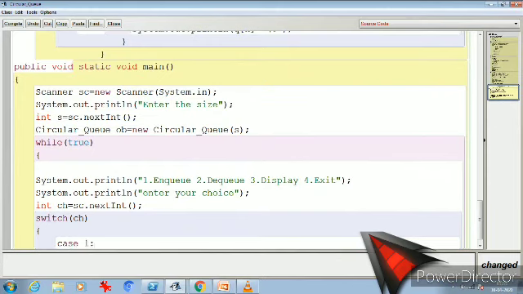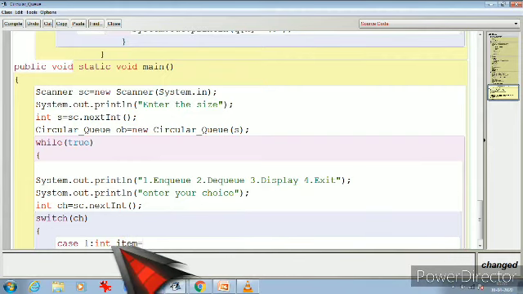For case 1, if you want you can keep on asking how many elements to enter, but I'm making it a little bit easy. I'm not going to ask how many elements because I have the while, so I can enter elements as many times as I want. I'm calling it with a value, but I need the value to accept.